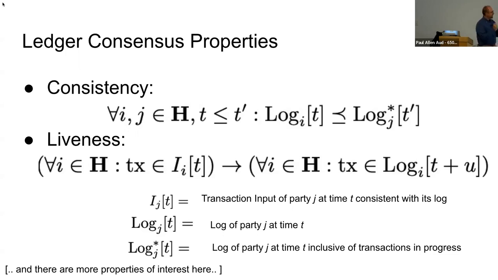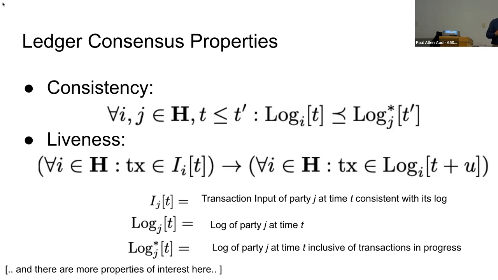There's a small detail here. If we want this statement to be right, on the right-hand side we consider not only the log of the server at a certain time, but we also include transactions that are in progress. Intuitively, what this means is that there is a long common prefix created by these servers. And if you query different servers, you will be in this large common prefix. Now, that's one aspect, consistency.